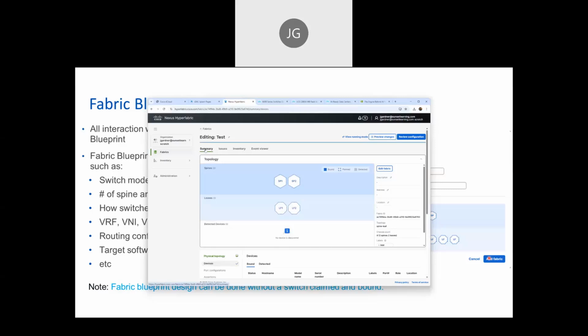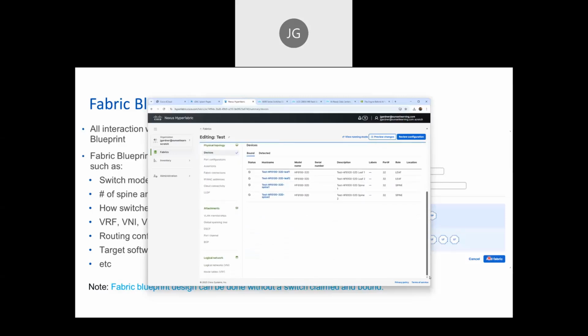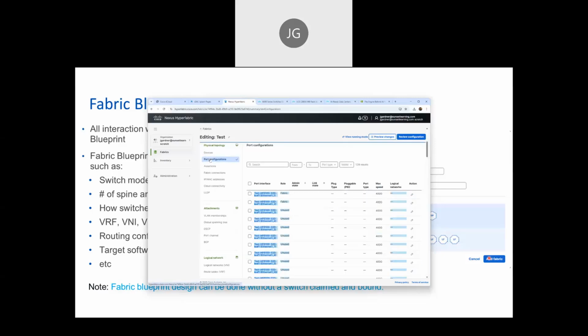Inside of the summary, this is showing you your leaves and spines. I don't have any devices connected. I haven't claimed any devices yet, which is going to be the next step after we get the equipment. Once this equipment drops, we want to make sure that you claim each one of these devices so that they can start reporting downstream detected devices. Again, I don't have anything right now, but if we scroll down here, we can see now the devices, port configurations, and link status,